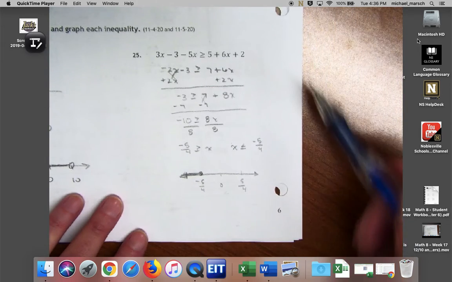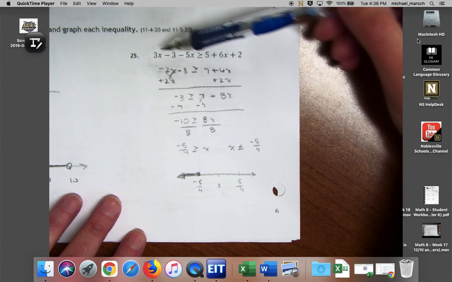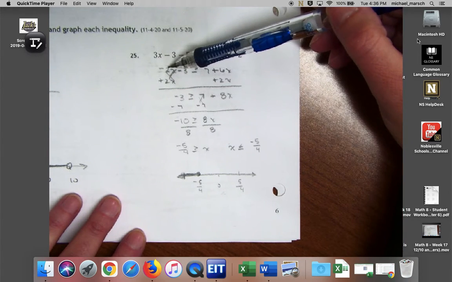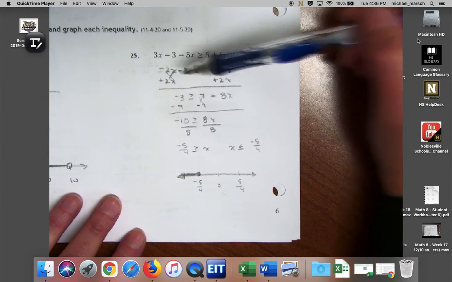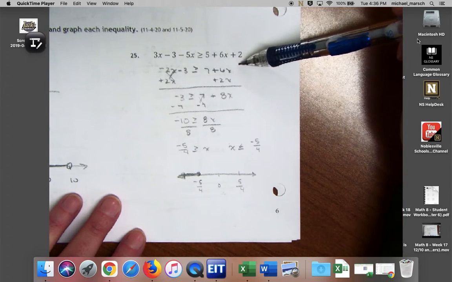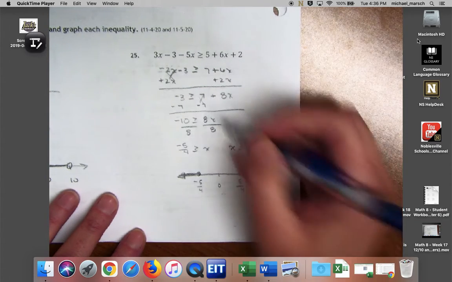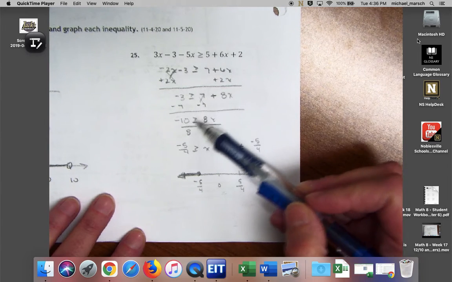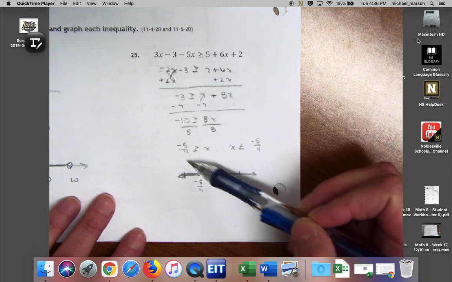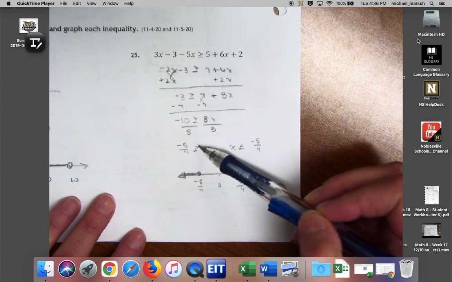Number 25, I have to combine my like terms, so 3x minus 5x gives me negative 2x, and then 5 plus 2 gives me 7. So then I added 2x over here. So I have the plus 8. I don't know if you can see that very clearly. And then I subtracted 7, and then I simplified, and I got negative 5 over 4 is greater than or